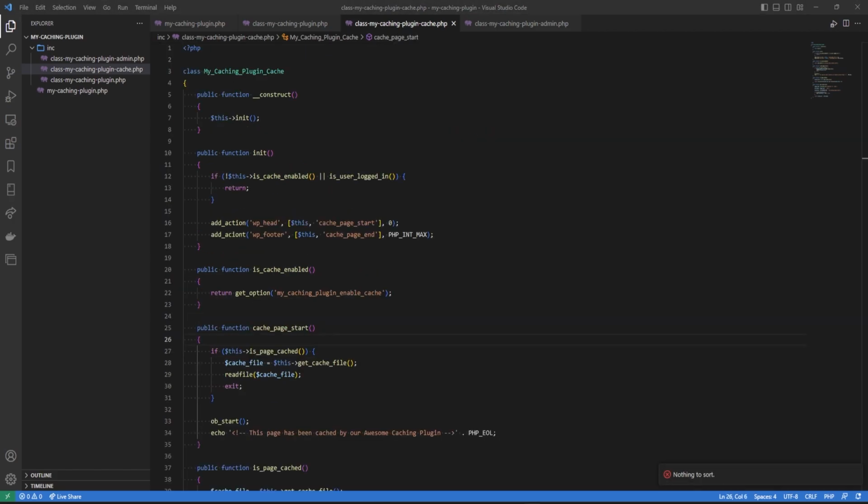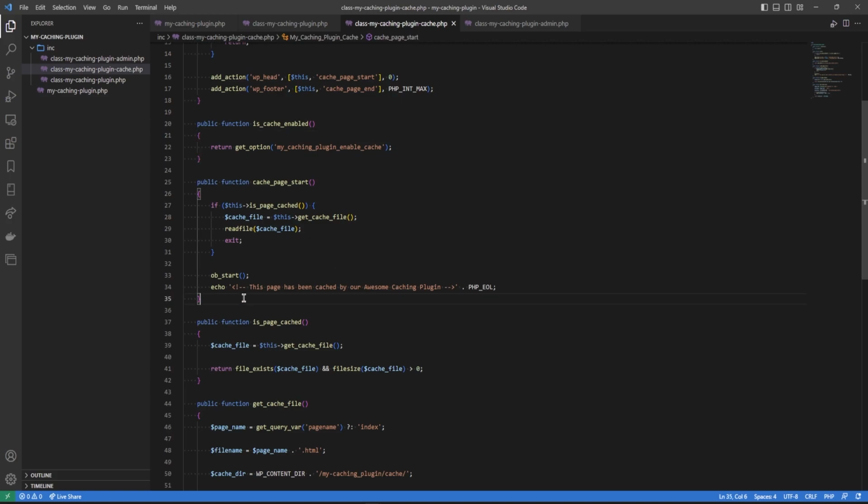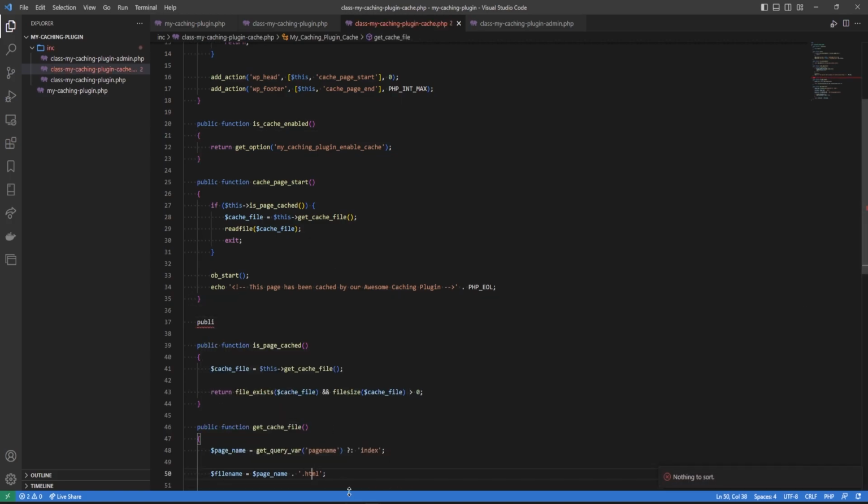I quickly want to fix a typo I saw. In here I have typed add action actioned, so this has to be action like this. Now we need one more thing, and that is the cache page end function. So underneath the cache page start, we will do public